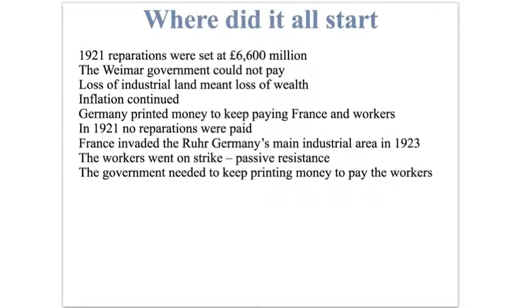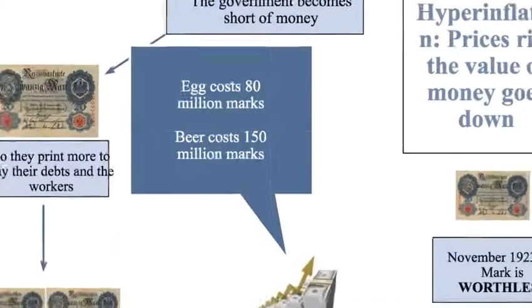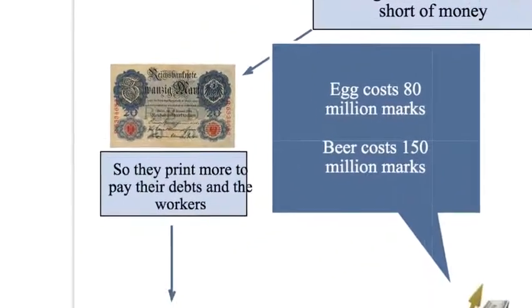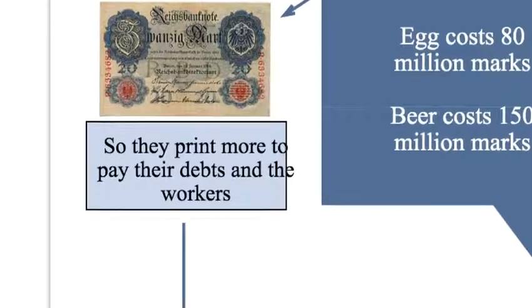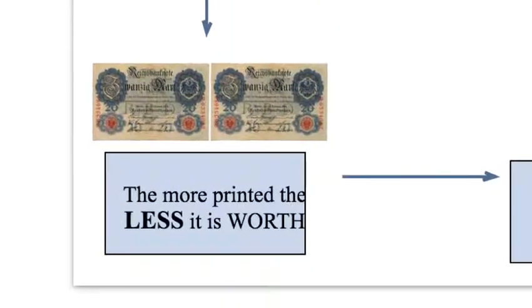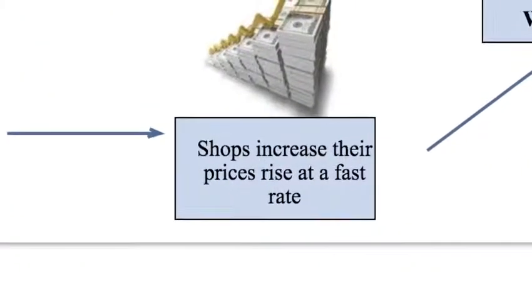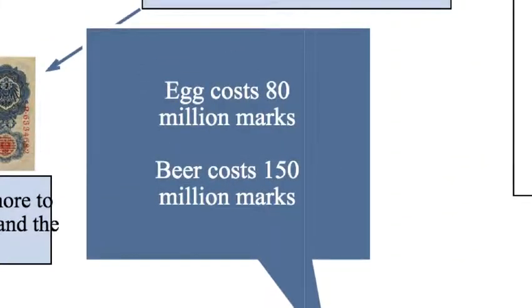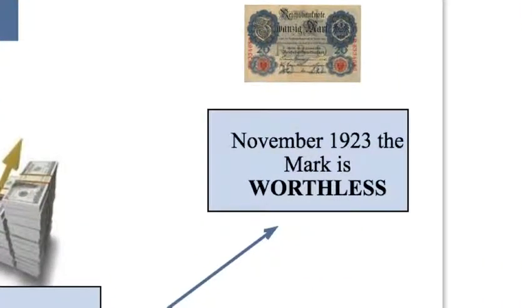The German shortage of money means that the government printed more money to pay workers who were resisting the French. The more money that's printed, the less value that this money has. Shops therefore increase their prices to compete with the falling value of money. Look at some examples from 1923 there. The government continued to print more and more money,